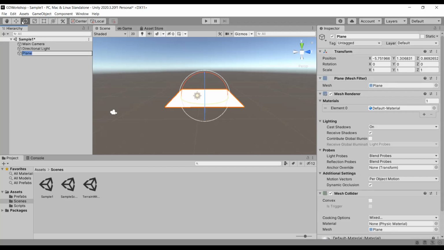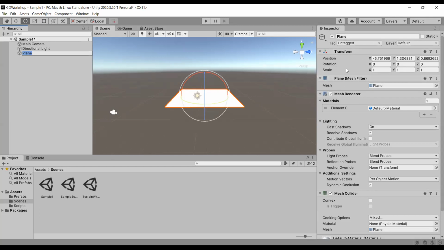As I've told before, the tools on the top left are called transforms. These transforms take care of the position, rotation, and scale of your object.